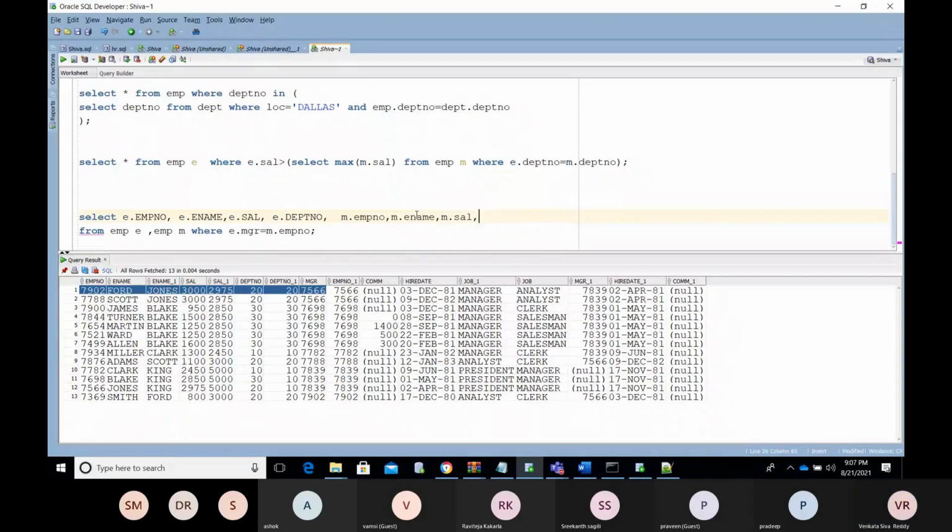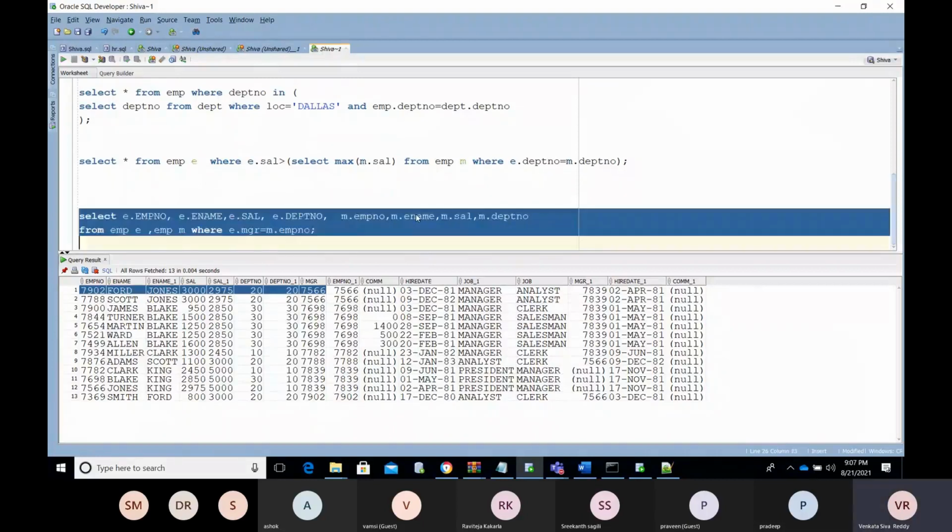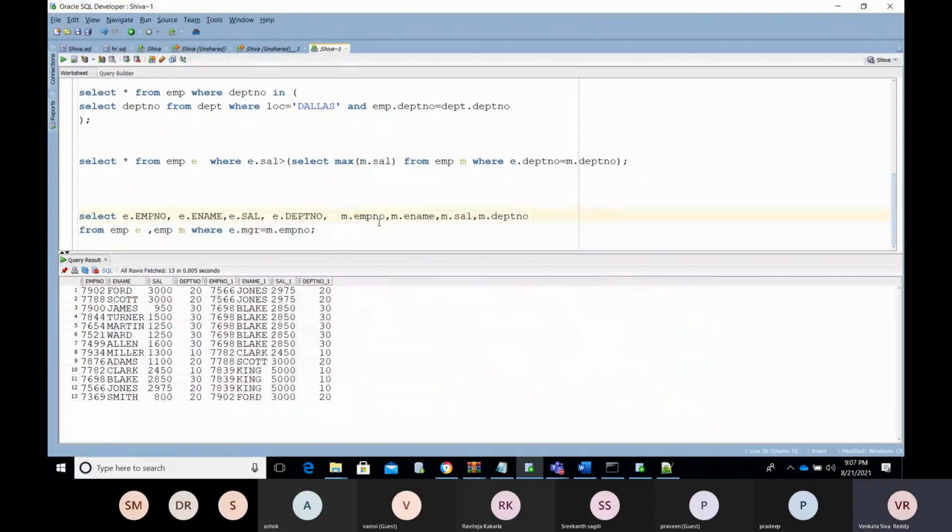Salary. I got the required information here. I mentioned like MGR, MGR E name, the MGR DEPT.